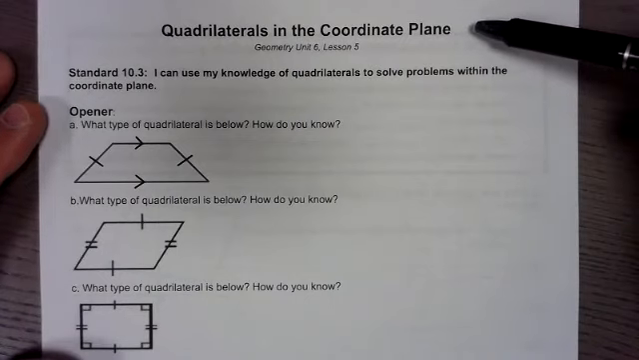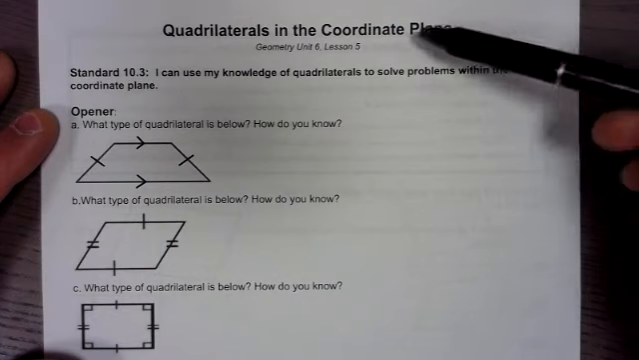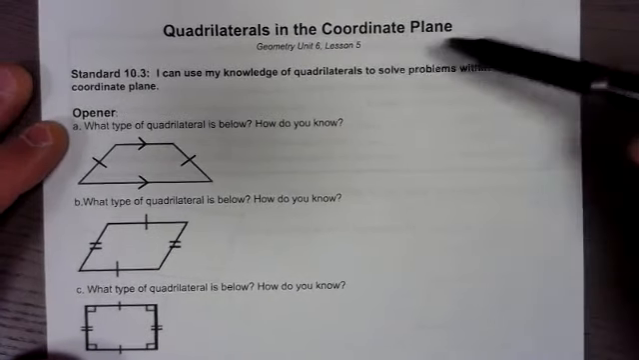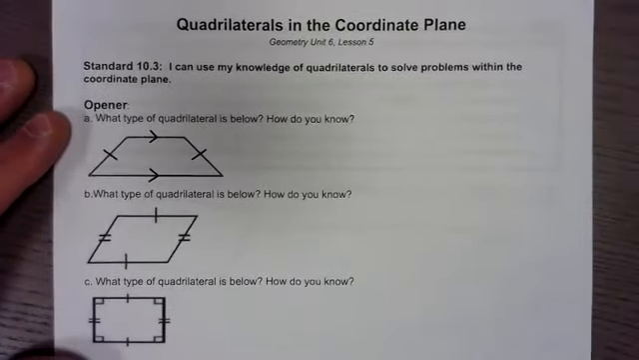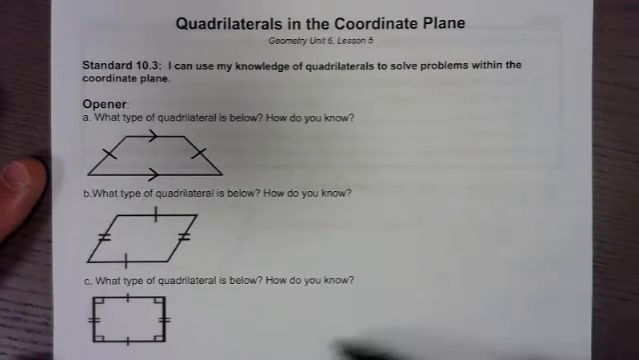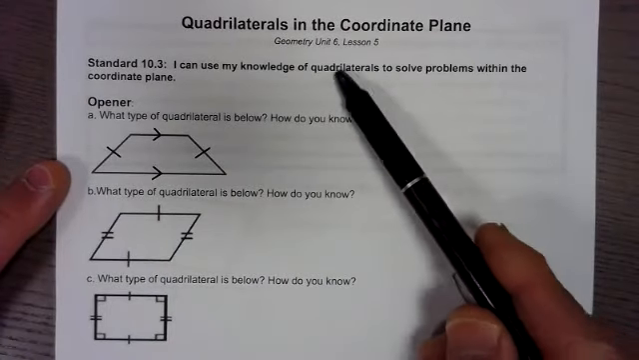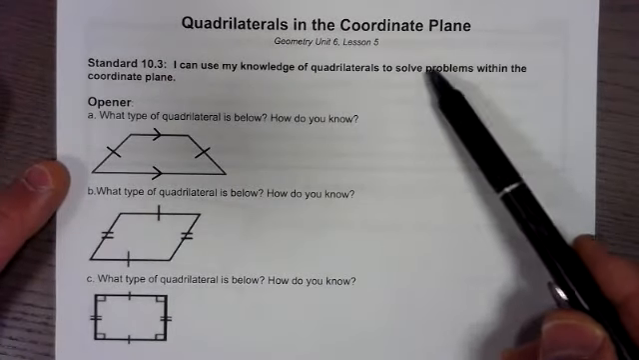Today we are going to do our last lesson for Unit 6, which is quadrilaterals in the coordinate plane. That's going to be lesson 5. Now today's lesson is very similar to yesterday's lesson where we did triangles in the coordinate plane, except now we're dealing with four-sided figures. All right, so standard, I can use my knowledge of quadrilaterals, four-sided figures, to solve problems